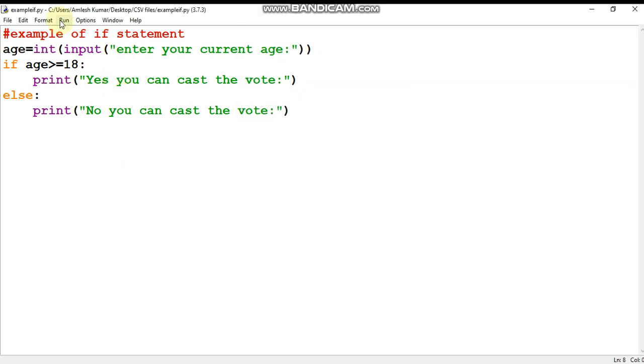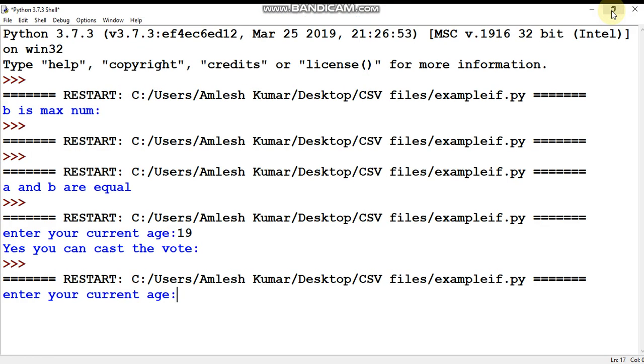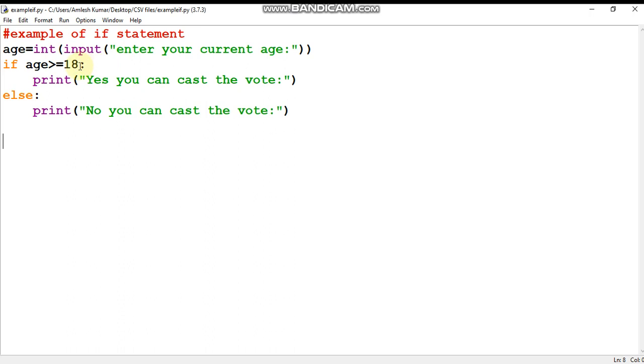But if you run this again and enter the age 17, you can see 17 is lesser than 18. So when the condition 17 greater than or equal to 18 is checked, it is not true.